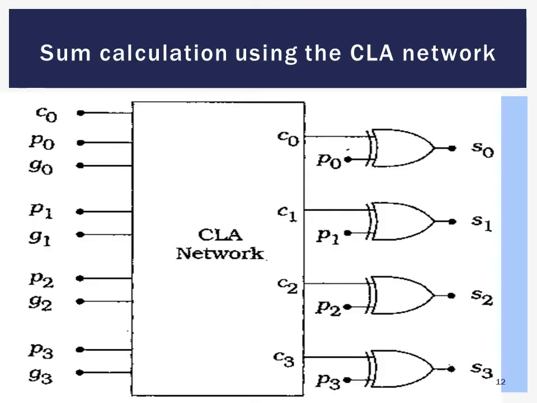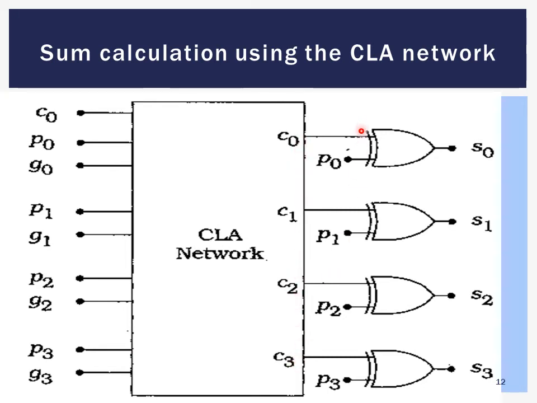And if that logic diagram we include as a CLA network, how do we calculate the sum of an adder? We have seen in the earlier case how carry is being calculated. Now if you put that as a CLA network, what inputs you are giving is the calculated P0, G0, P1, G1, all Pi's and Gi's. So what output that you are getting is C0, C1, C2 and C3.